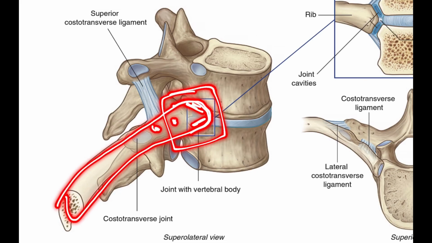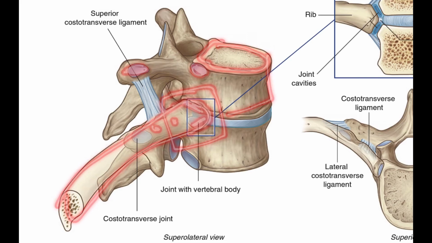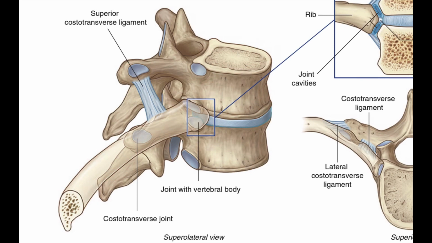The head contains 2 articular facets, and the vertebral body, this is the vertebral body, contains 2 costal facets. This is the superior costal facet and the transverse costal facet. So these joints are formed by articulation of articular facets on the head of the ribs and the superior costal facet and transverse costal facet on the body of the thoracic vertebra. So what is the type of joint here? Synovial plane joint.